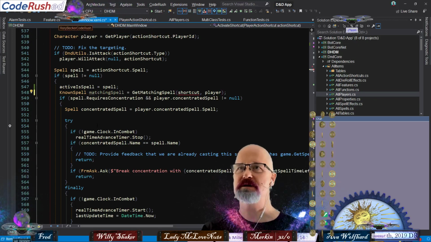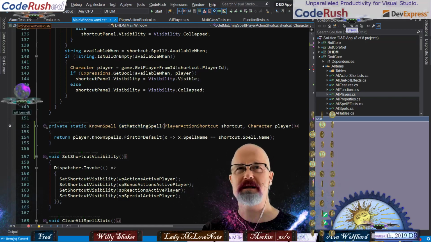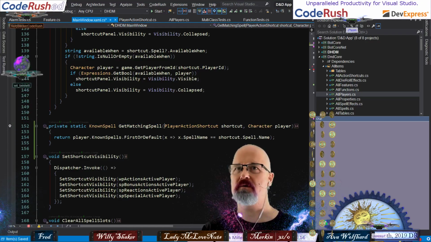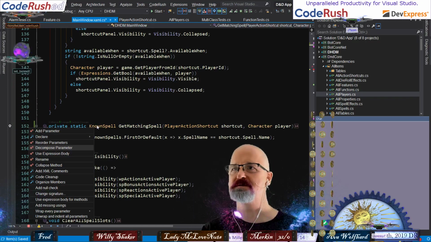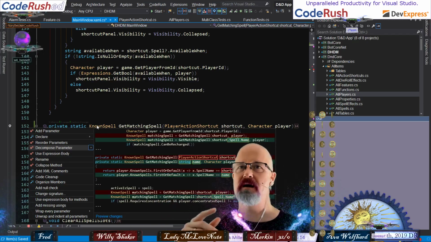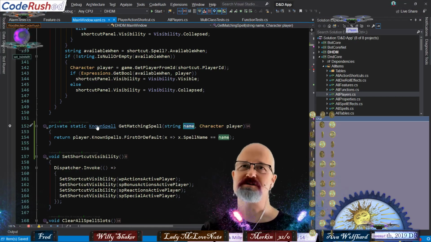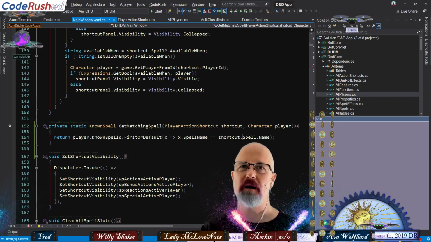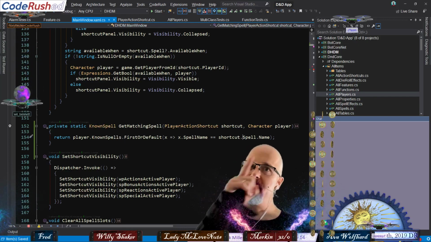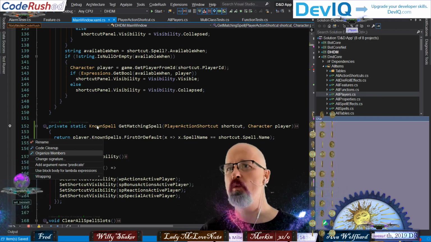Yeah, in fact, wait, I want to do one other thing here. Hold on, let's drill into this. I want to come in here and use a great refactoring, a decompose parameter. So instead of passing in the shortcut, I want to pass in the spell. So I'm going to do decompose parameter, and it's going to, oh, no. I don't want string. I don't want the name of the spell. I want the spell. So I'm going to put the caret here instead, because I didn't realize it was going to grab the whole thing.